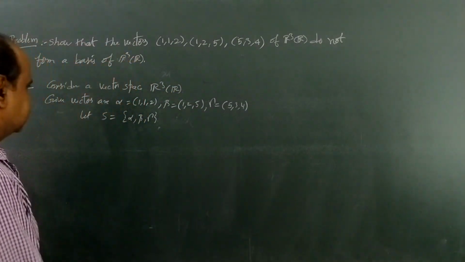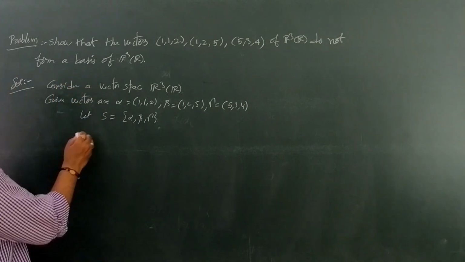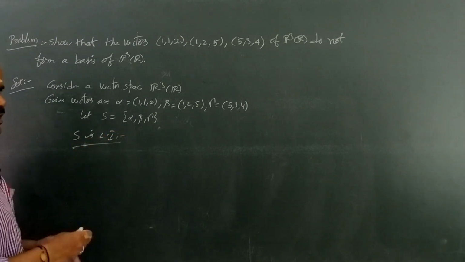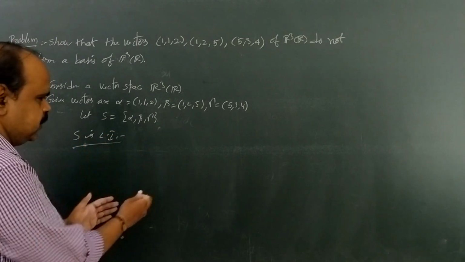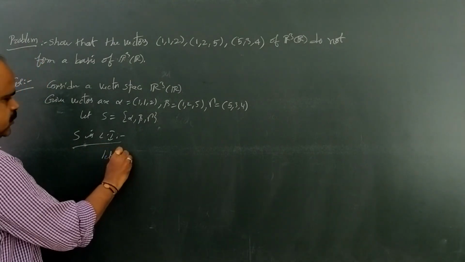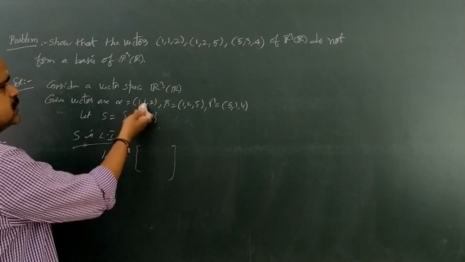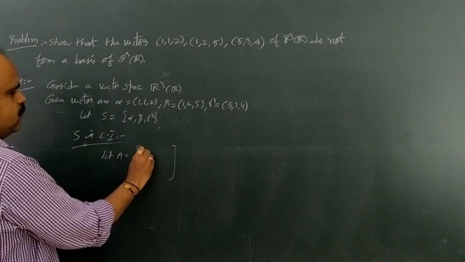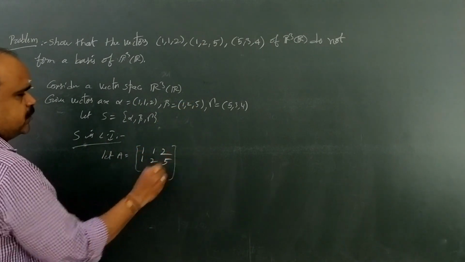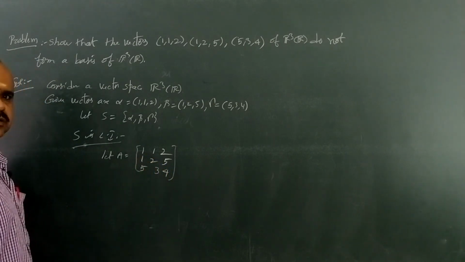So for that, what is the first condition of a basis? Linearly independent. So capital S is LI. To prove capital S is LI or not, we are going to find the determinant of the matrix, as we know. First of all consider a 3 by 3 matrix A containing the 3 vectors as rows. First vector (1, 1, 2) is the first row, second vector (1, 2, 5) the second row, and the last vector (5, 3, 4) is the last row.